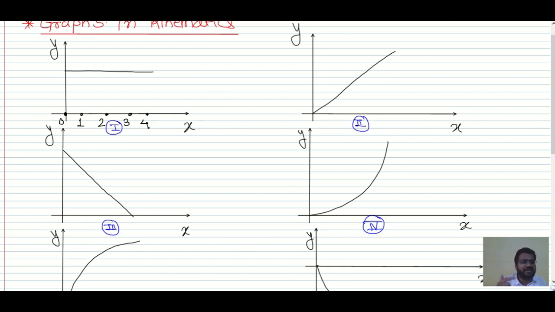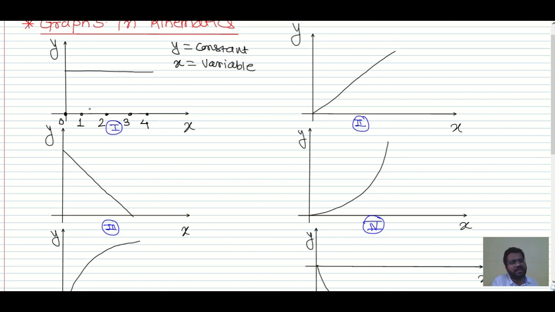So see, the y and x graph is given over here. The y coordinate, as you can see, is constant, but the x coordinate is varying. So over here, y is equal to constant, and x is equal to variable. Variable as in it is changing, and constant as in it is constant, right? Constant as in what? Suppose 2 meter. That particle will be at 2 meter at time t is equal to 0, at time t is equal to 1, at time t is equal to 2. Constant. Okay, so y is constant, x is variable.